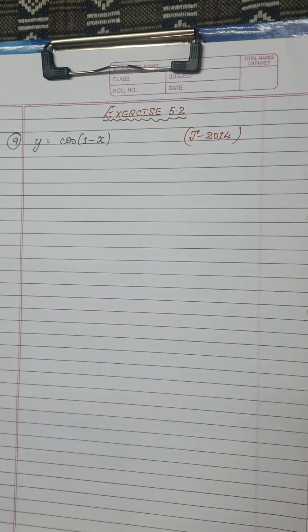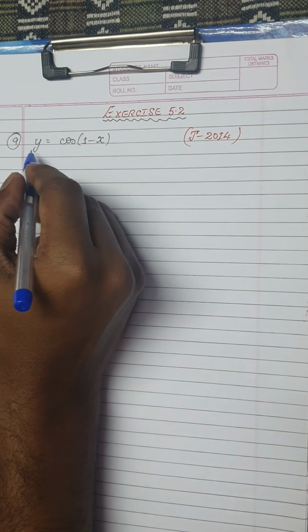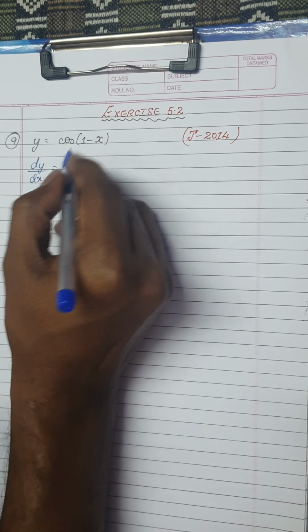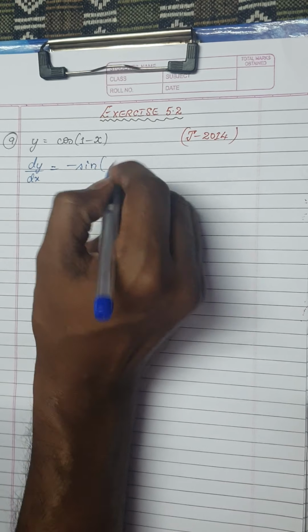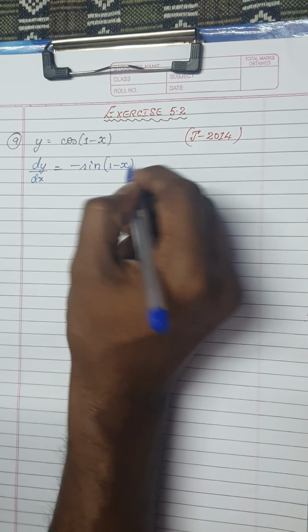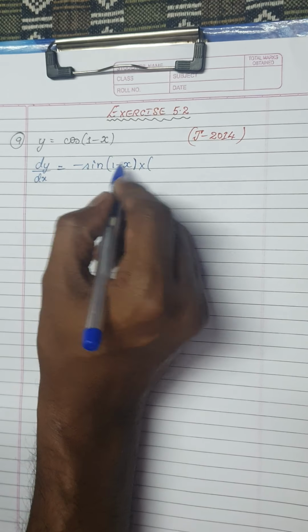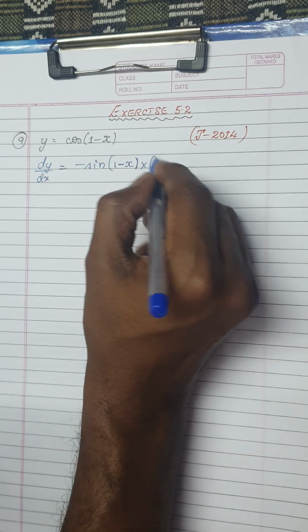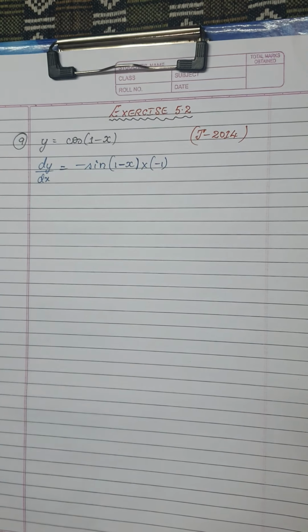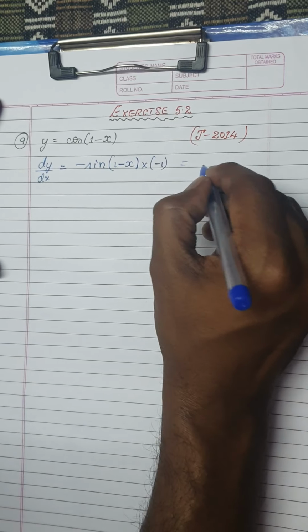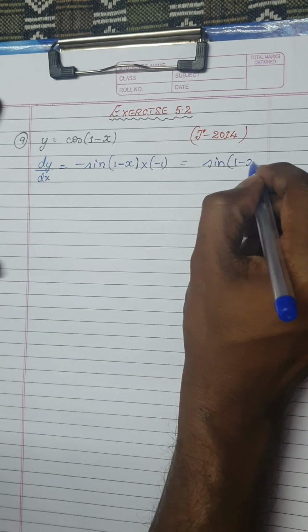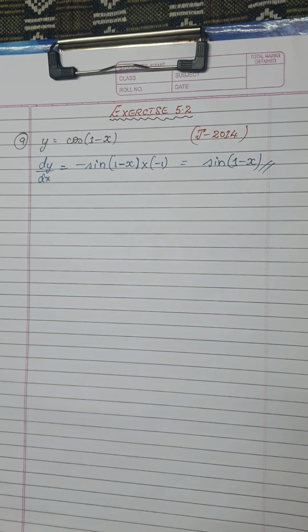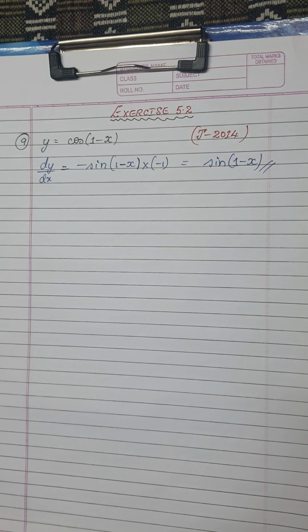The next question was asked in the year July 2014. y is equal to cos of 1 minus x. So dy by dx is nothing but derivative of cos, which is minus sin of f of x, into what is actually derivative of 1 minus x? We know derivative of 1 is constant, that is 0, and derivative of x is 1, but actually you have negative here, so it is minus 1. If you multiply minus to this, it is simply sin of 1 minus x. See how easily you can get 1 mark for composite differentiation. Shall we try a few more?